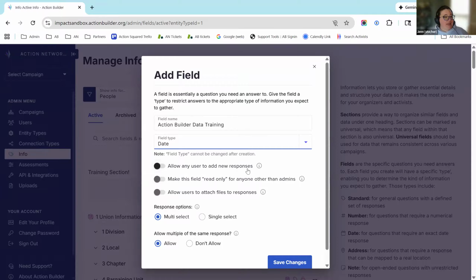Allow any user to add new responses will allow any organizer or activist or lead to add a response to the drop-down menu of multiple choice options. This is really helpful for things like issues. So if there's a list of maybe 5 issues and you want people to be able to add issues that folks care about, you can toggle it on by clicking the toggle,